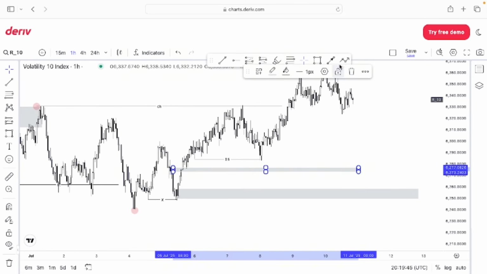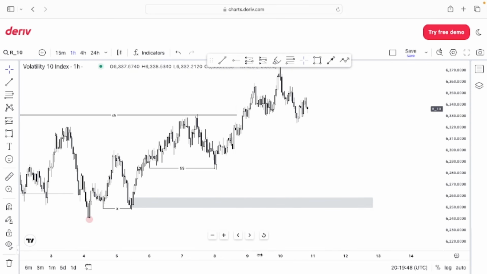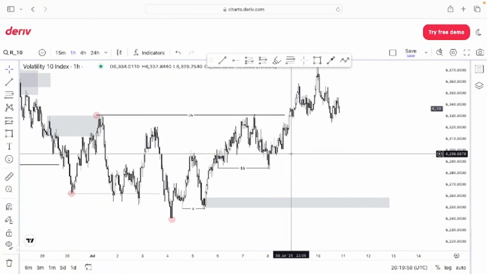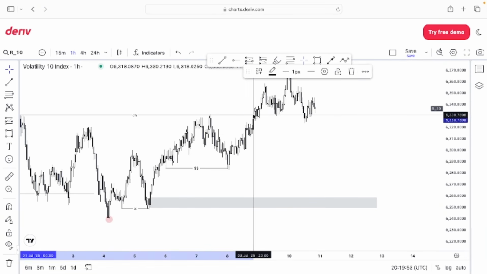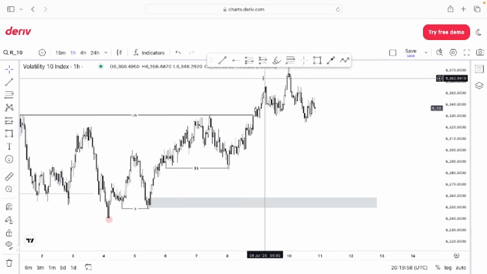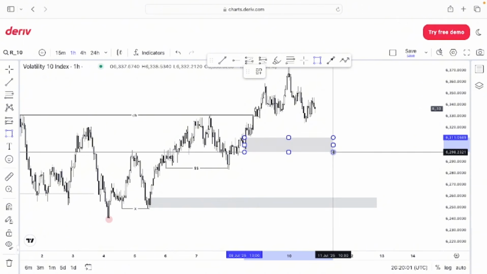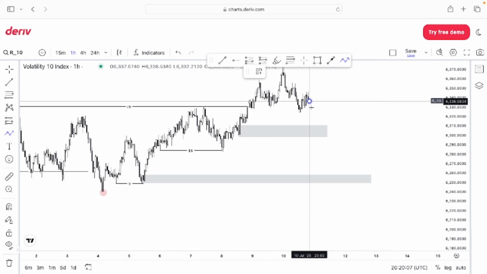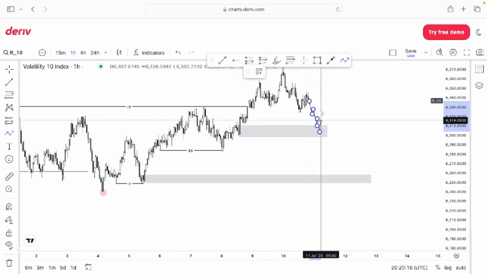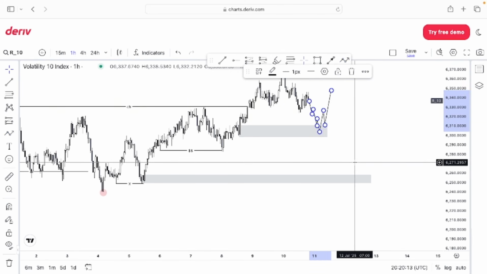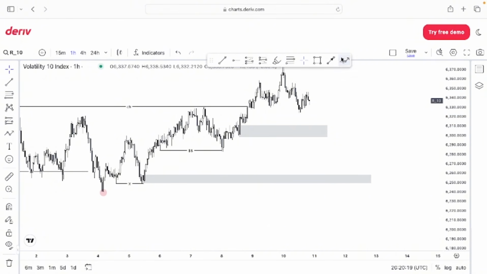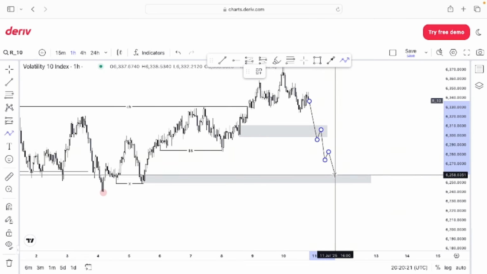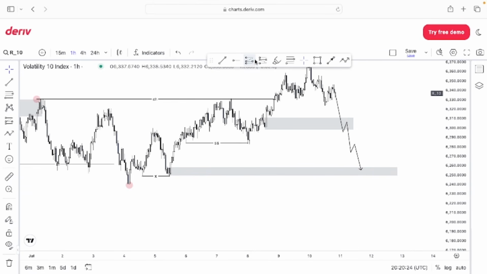So around here, I'm just going to remove all these zones here, just because they are no longer in use. So if we check out the structure here, we need to be looking at the last candle that broke structures, or the last candle that gave us a change of character, of which it's this one in this case. So this one here, that one is going to be used for just confirmations. So let's say maybe we just drive to the downside, then get a change of character within here. I will gladly take that trade, just because even if it gives us a loss or something, I'll be waiting for a clean proper setup at the bottom of the structure,